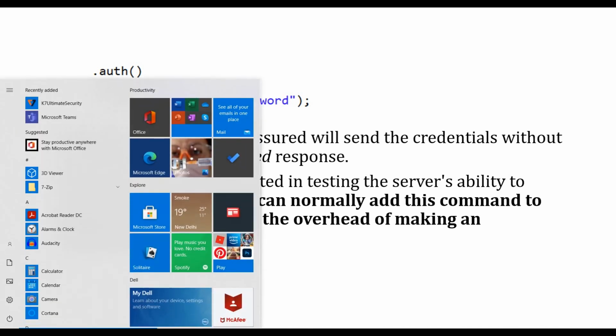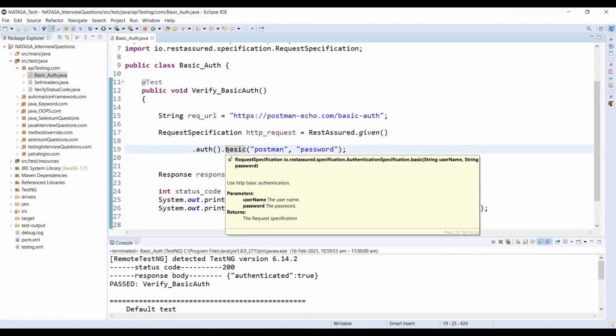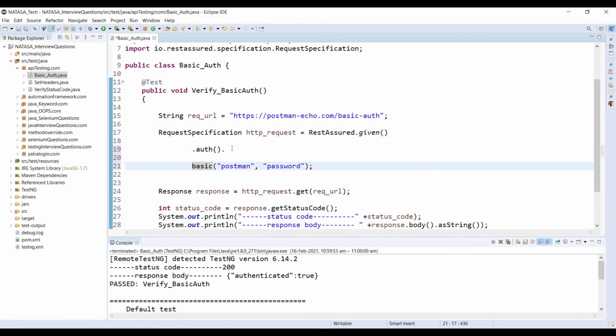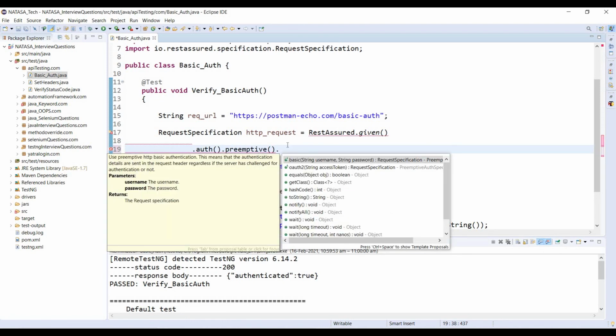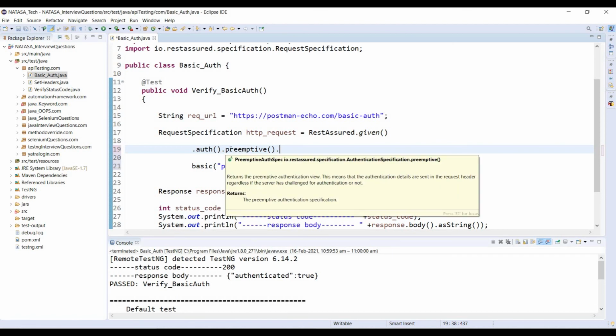Open Eclipse. I already explained how to use authentication, right? Before this basic keyword, I just use preemptive. Then you have to give basic. Before giving this credential, I use this preemptive keyword, so the server will give a quick response to the client.